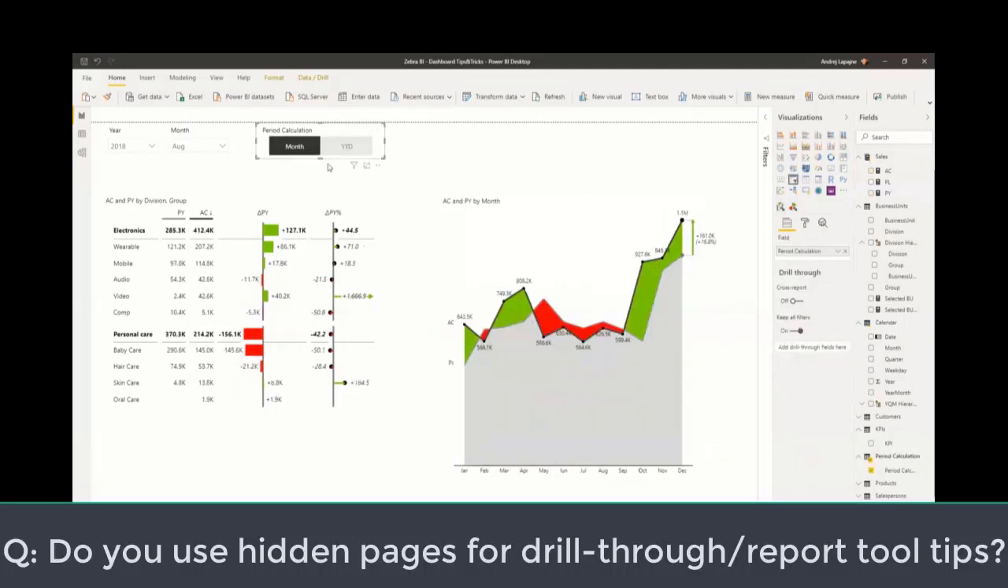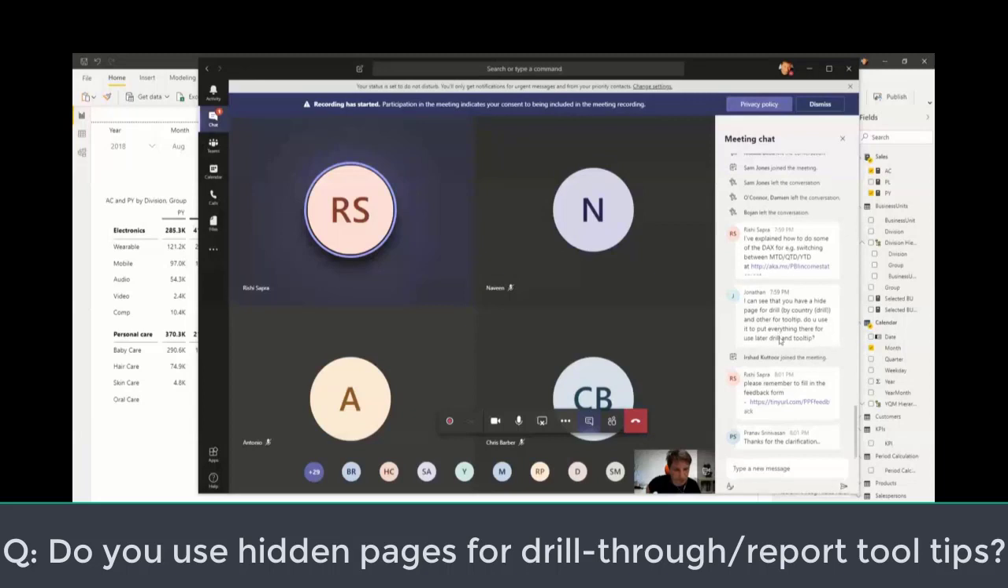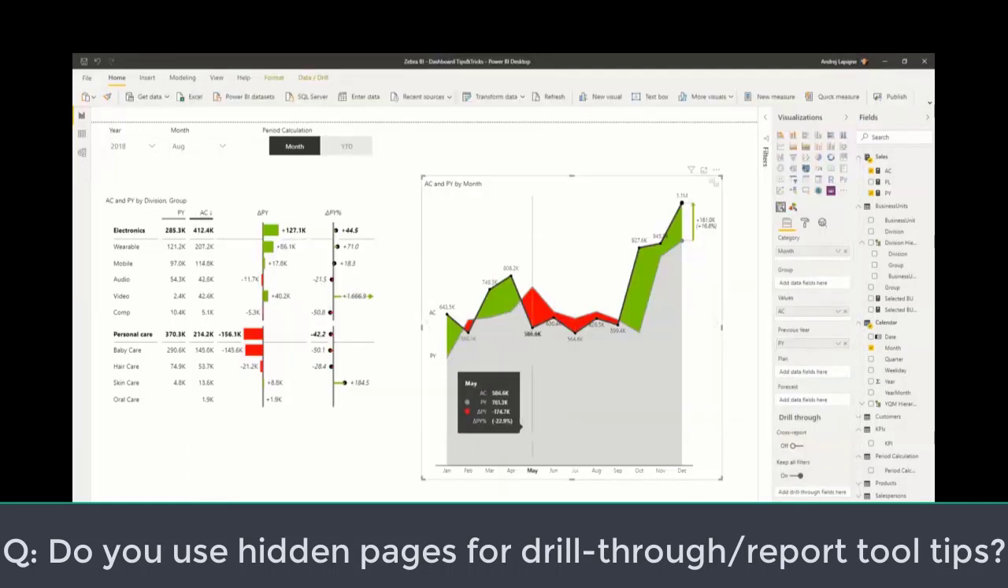So we've got one other question as well, for drill by country drill and another for tooltip. Do you use it to put everything there for use later, drill and tooltip? So I think it's the hidden page, yeah. Oh yeah, I have a couple of hidden pages. Yeah, exactly. I have a hidden page for drill,